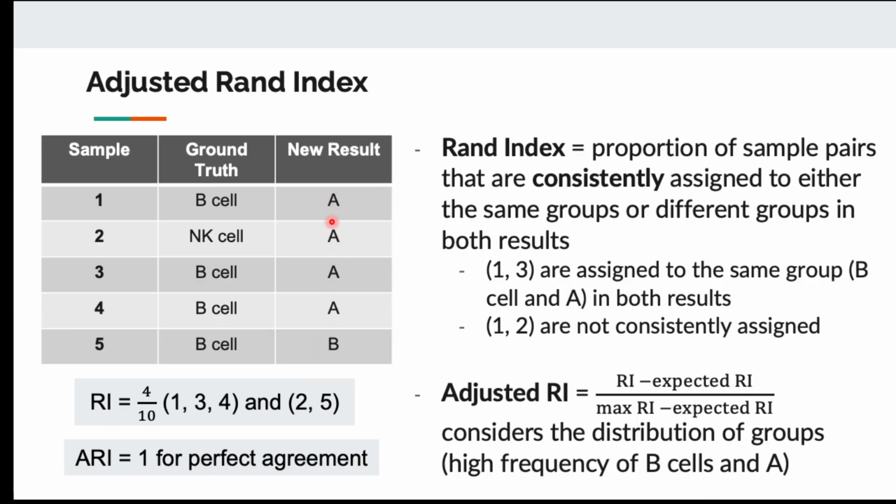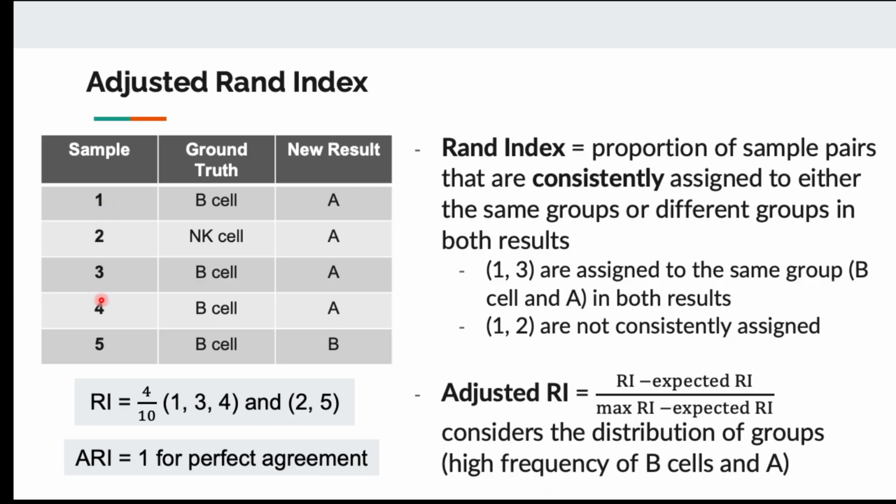So we call them A and B here because let's assume that we don't know yet from our new analysis which cell type it is, but we can cluster cells to say that these 4 are similar. We want to call them the same type, A, whatever A is, and cell number 5 as B, whatever B is. So the Rand index, what they try to calculate is if you pick 2 cells,